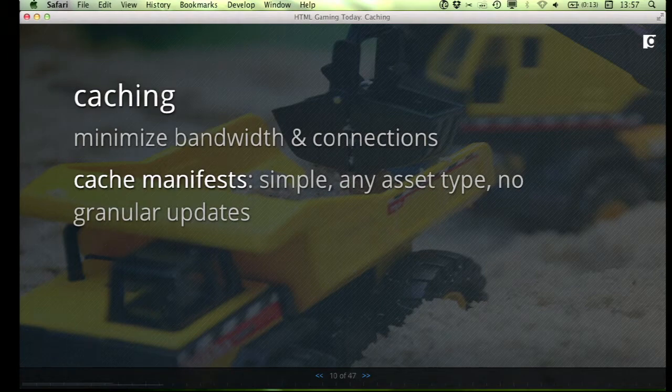One of them is that we can use cache manifests, right? So we write a little cache manifest file. We point to it from our main HTML page, and it designates all of the assets that we'd like to keep in a cache for offline use. We can also do interesting things like provide offline redirects to assets that are dynamic, that are generated by the server. These are quite powerful and actually really easy to use. There are tools out there that'll generate them for you.